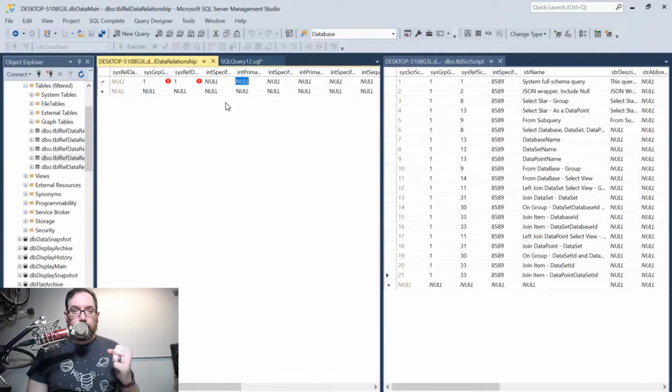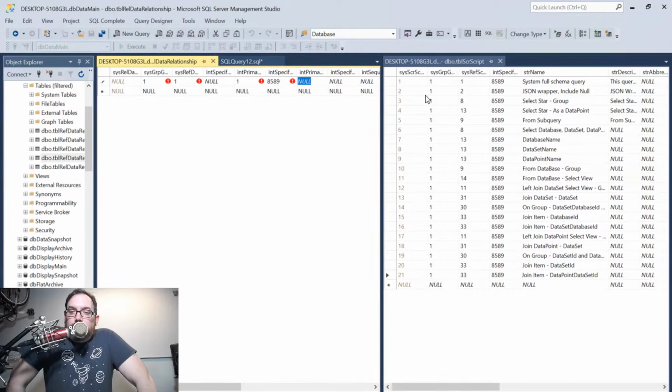This is the relationship's specific data set number, so we don't need to fill that in. This is the primary key and the specific data set number of the parent. So that will be these. I'll say 1 and 8, 5, 8, 9. This is the child. So under this full schema query name that we have, we're going to have a child that is a, let's say,